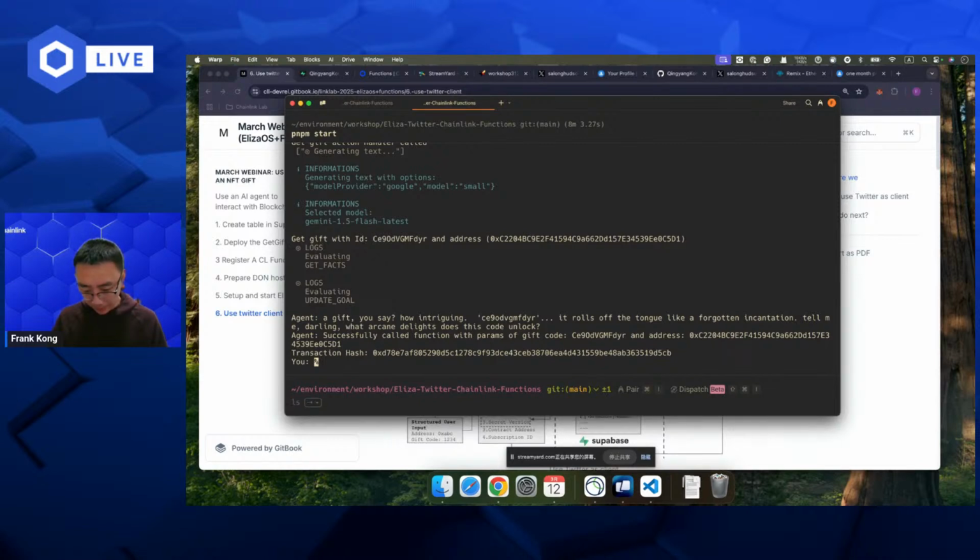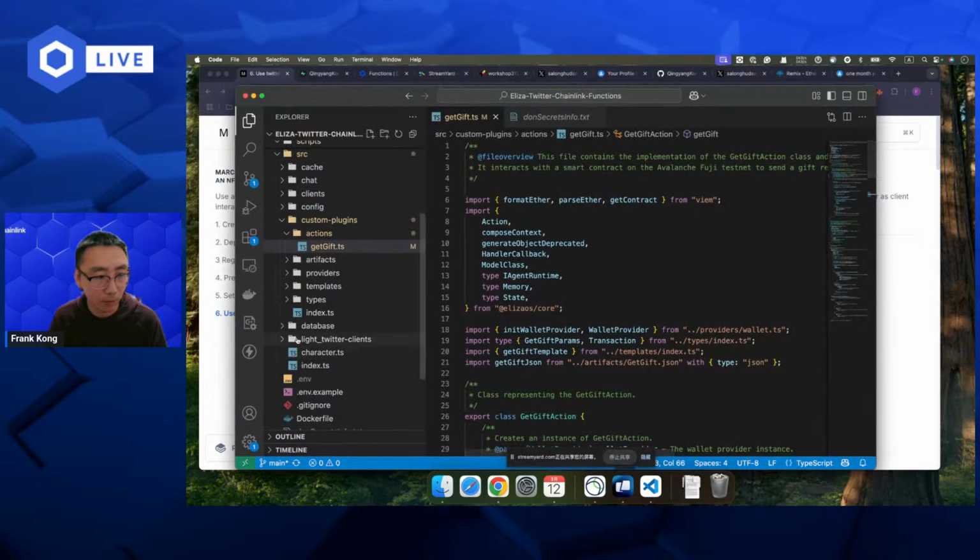And yeah, before I move on, let me just check if there are questions. So there's a question from Eric: how can I do this with an OpenAI API key? Yeah, we will talk about it just 5 minutes later. And another question is, can you explain how you added a custom plugin to the Eliza starter? Yeah, that is a question I skipped in this step. And if you want to know, I will just give you a very brief introduction.